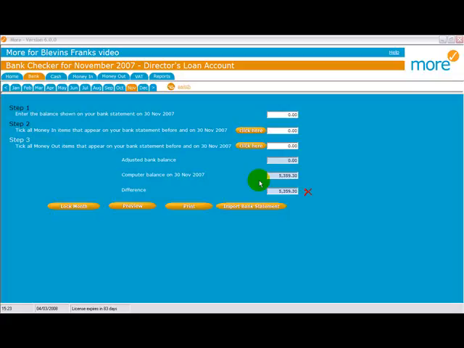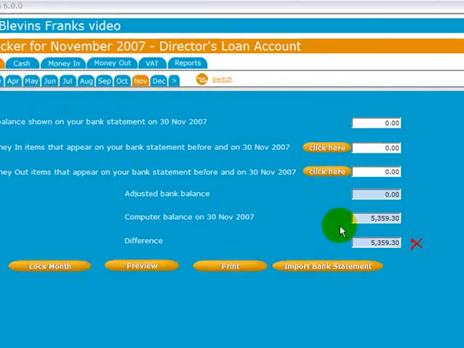When the figure in the computer bank balance is positive, this is the minimum amount that needs to be raised in a dividend. It's now prudent to check that there is sufficient profit in the company to raise a dividend, and also to check the maximum amount your company can raise as a dividend. To do this, click the Reports tab